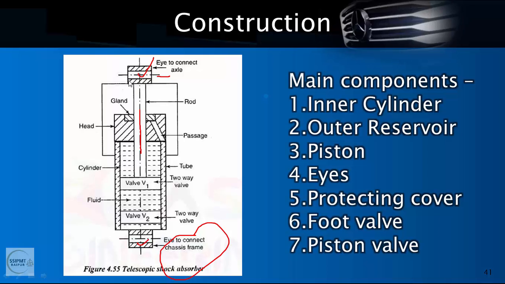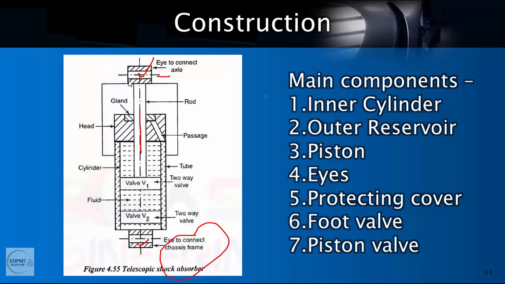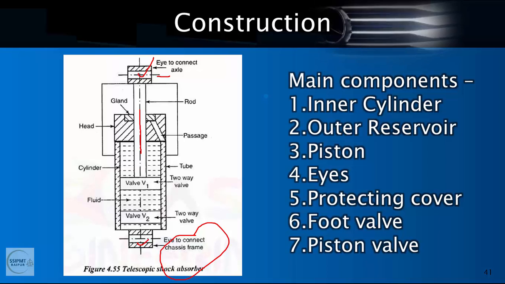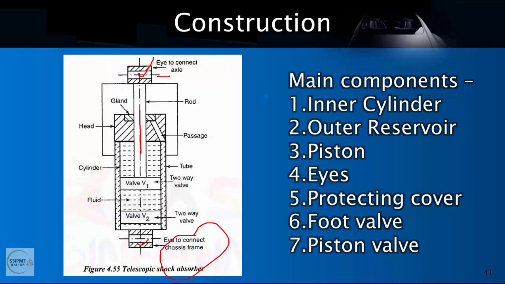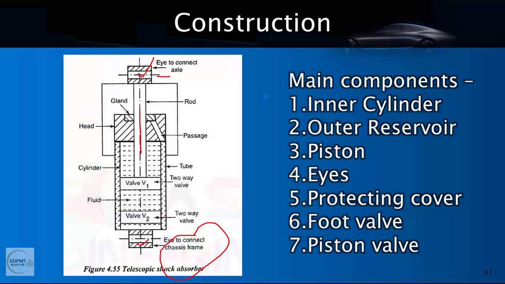The gland provided at the head prevents the leakage of the fluid by scraping around the piston rod and then passing it to the reservoir through the drain hole. The inner cylinder is provided with two valve systems. You can see the valve. One foot valve is fixed at the bottom and the other with the sliding piston, right? Both the piston valve as well as the foot valve assembly have an outer ring of holes and an inner ring of holes covered by the disc valves. So these are the main components and main arrangement of a telescopic shock absorber.